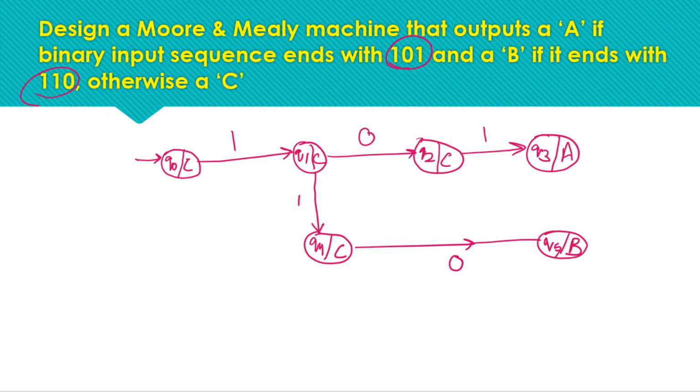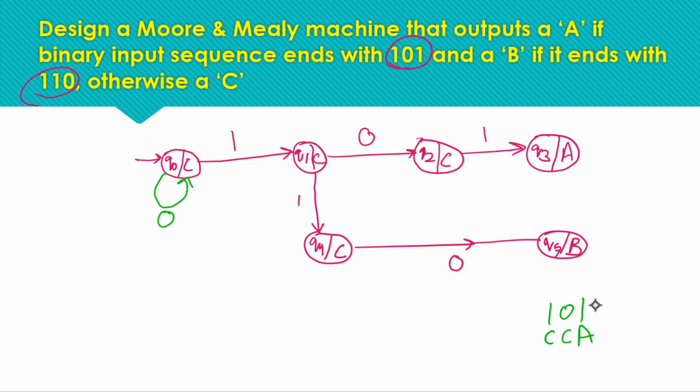Now we have to just complete the states for the remaining transitions. From Q0, the approach is the same as DFA. From Q0, if we have not received any input symbol, we are at Q0, and after getting a 0, the pattern is not started, because both the patterns 101 and 110 start with 1. So the initial symbol is 1 for both patterns. So for 0 we need to stay at Q0, meaning at the waiting state. Here we are not going to print only a or only b, like in the even odd case. So if we have this, the output is c, c, a, right?